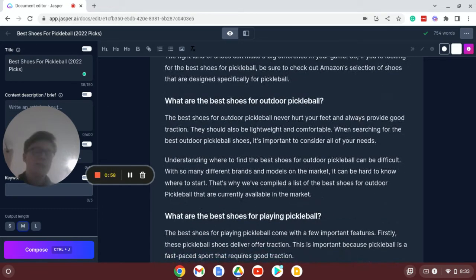Naturally, there are edits that I will want to make, and I do like to leverage the rephrase tool, what I like to call the magic tool, to really get the content to the level that I want it to be at, to really engage the reader, because this ultimately acts as affiliate